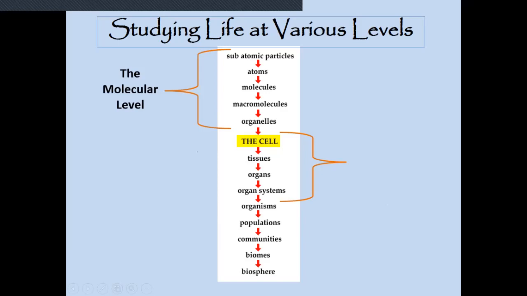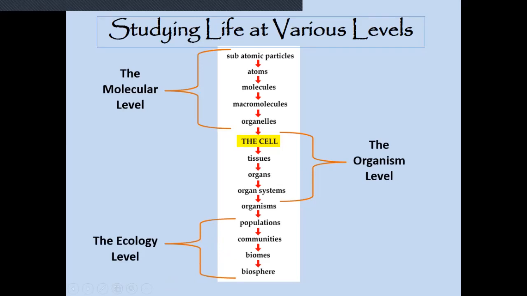And actually our third chapter is going to be on nothing but macromolecules. Now, it's not until you get into the next level where you see the cell. The reason that it's done in yellow is that this is the smallest living organism, a single-celled organism. And that single-celled organism is going to gather together to create everything that's above it. It's going to make tissues, which are going to make organs, which are going to make organ systems, which are going to make organisms. So from the cell to organ systems, this is all on the organism level.